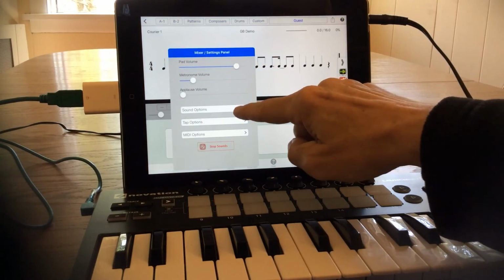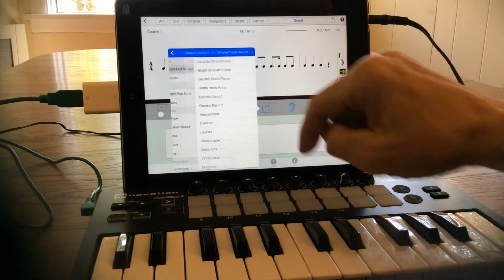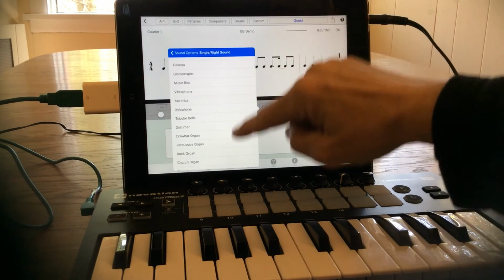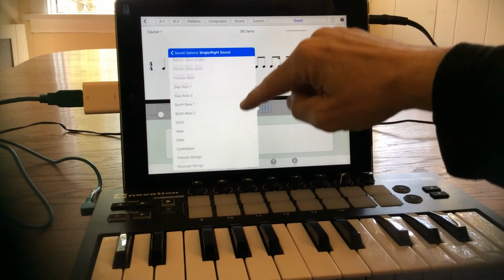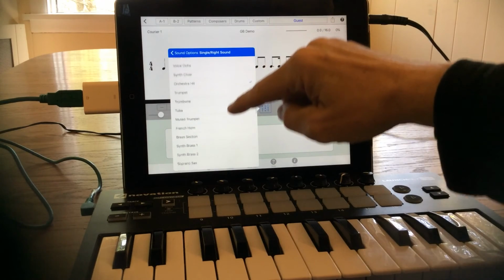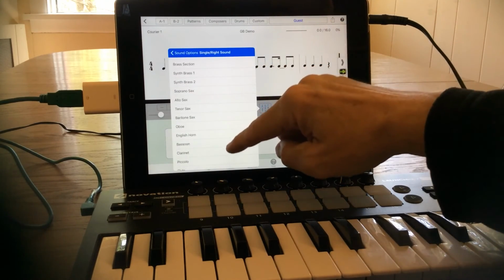Let's try a different sound. The keyboard I'm using is a MIDI controller, but it doesn't produce any sound on its own. If you use a synth or some other digital piano that produces its own sounds, you can use those, of course. Simply set Rhythm Lab's pad volume to 0,